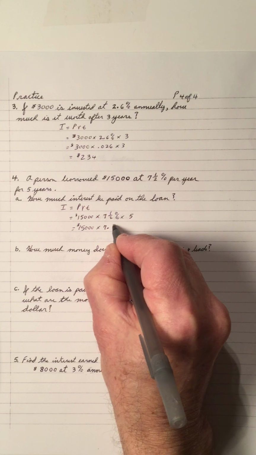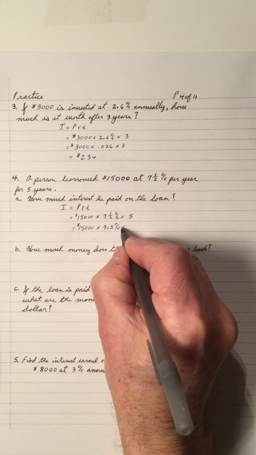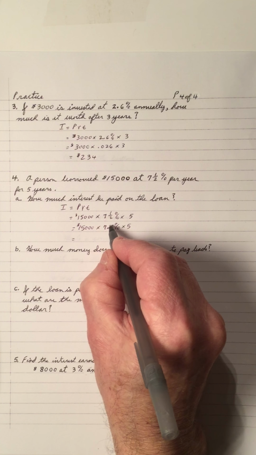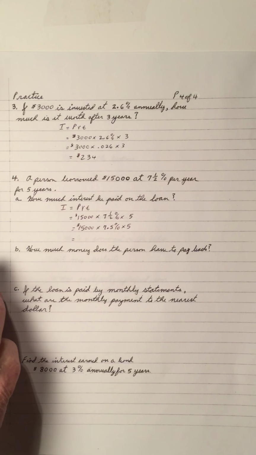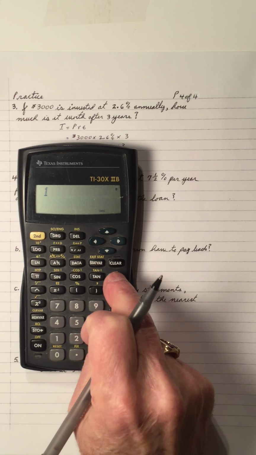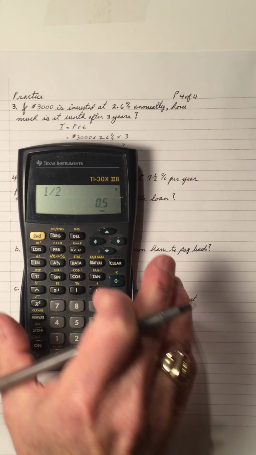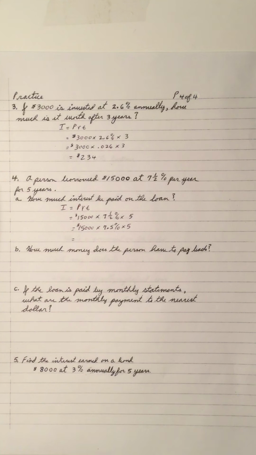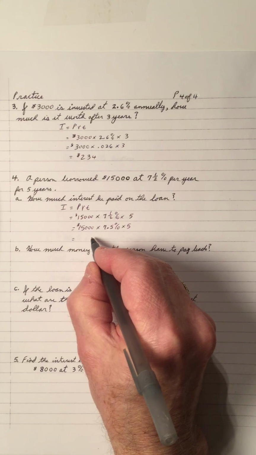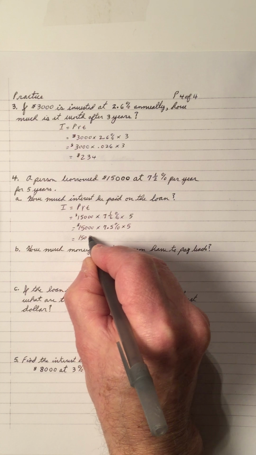7.5% is 7.5. So notice I'm doing one step at a time. Half is 0.5. Take your calculator, and you should have it memorized: 1 divided by 2 is 0.5. But I should automatically know that a half is 0.5. Now, when I change my percent,